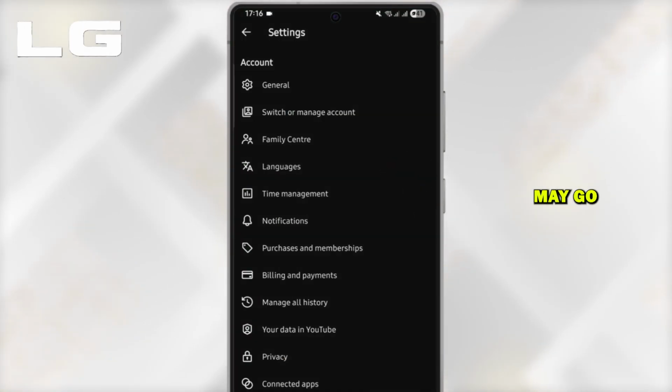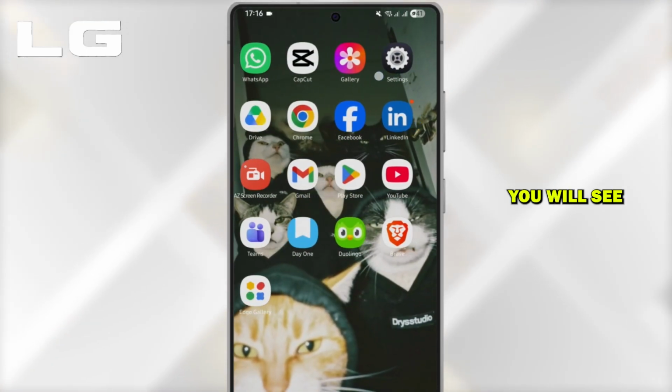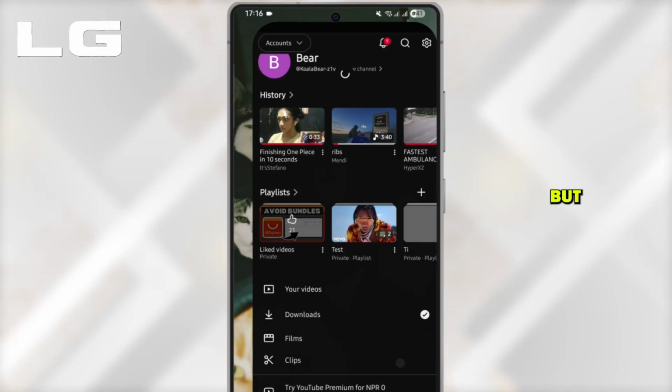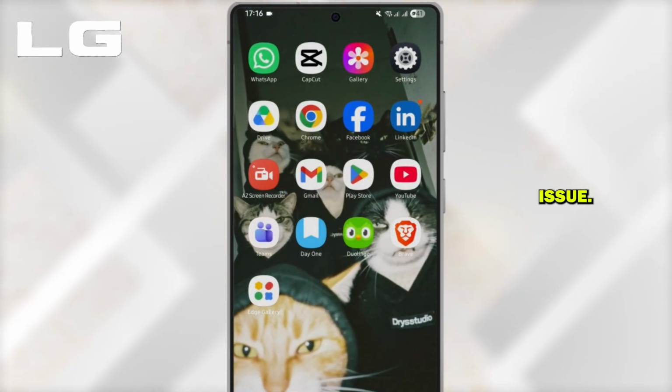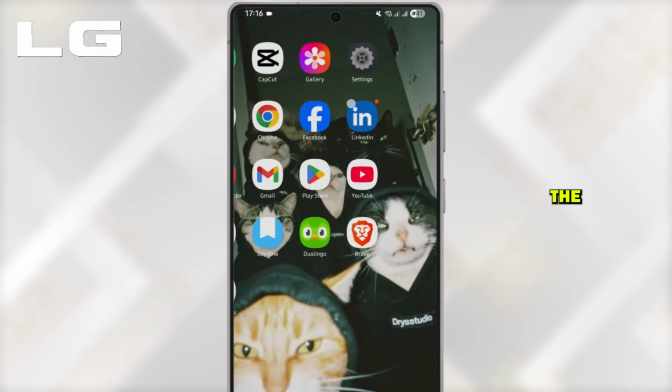Now as you do that, you may go ahead, launch any video, for example, any of the videos you would like. Even if you close it, you will see that it will appear on the right hand side. I will play a video, but it's not possible due to the copyright issue. However, you can go ahead, watch a video, and if you close the app, you will see the YouTube application